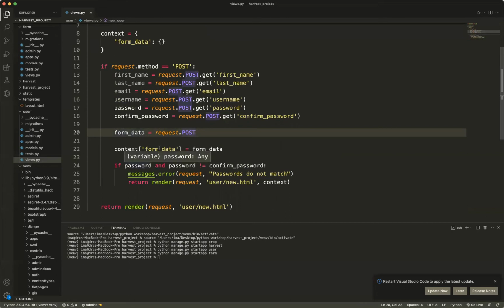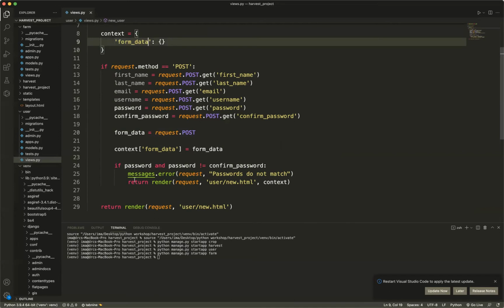And then we are putting it into the context attribute, the key here, so that when we return back to the HTML page, you wouldn't have to enter everything again, especially the first name, last name, email, and user,